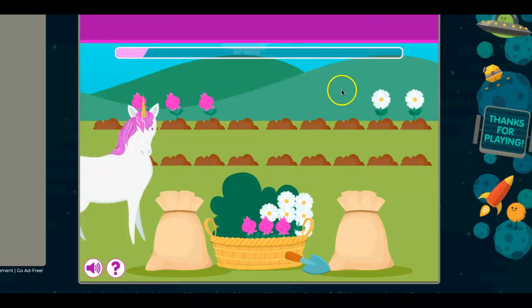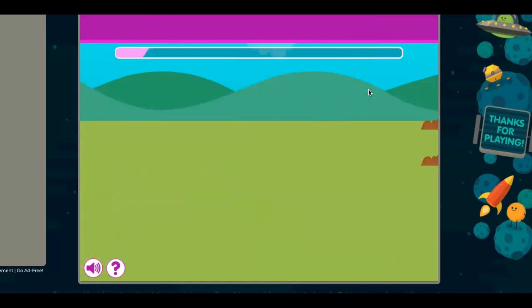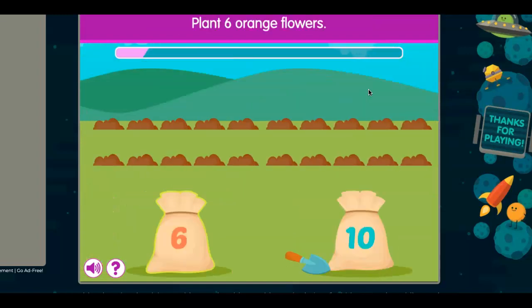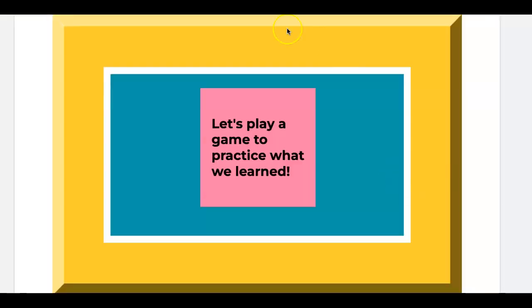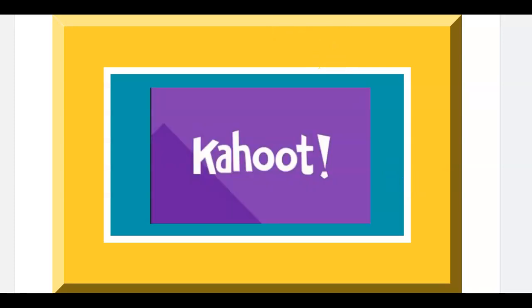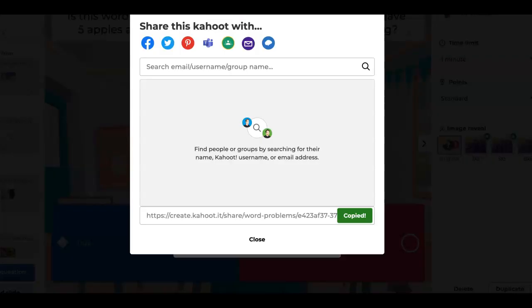And this is a good game to play because, as we saw, it used the keywords that we practiced. So it used leftover. And this is something that would be engaging but still useful because I can walk around and see whether students are getting the problems right, or if they're getting them wrong, then I can guide them. After we play that small game, we would do a Kahoot. So my Kahoot,